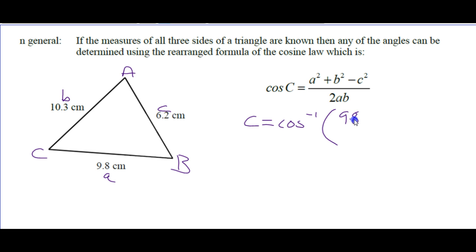So A is 9.8. B is 10.3 plus 10.3 squared, minus C is 6.2 squared. Whoops. Divided by 2 times A